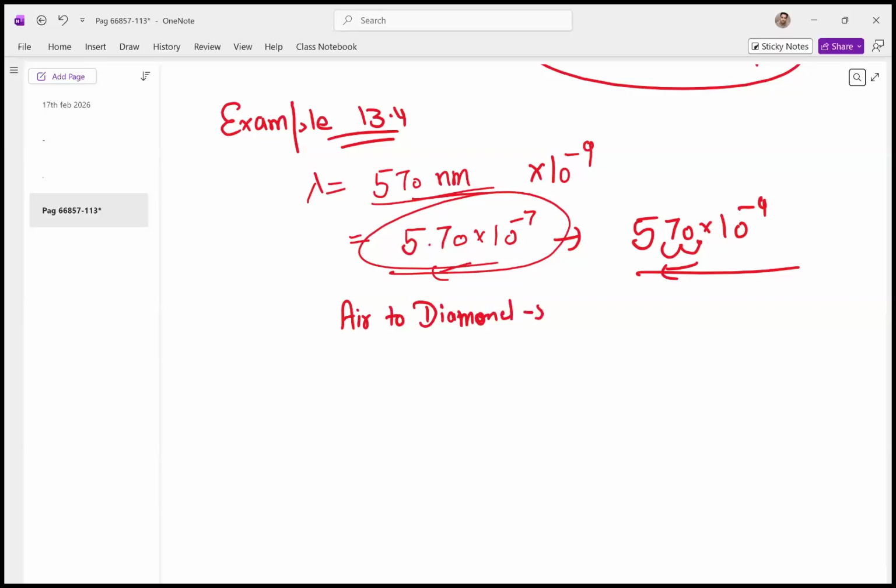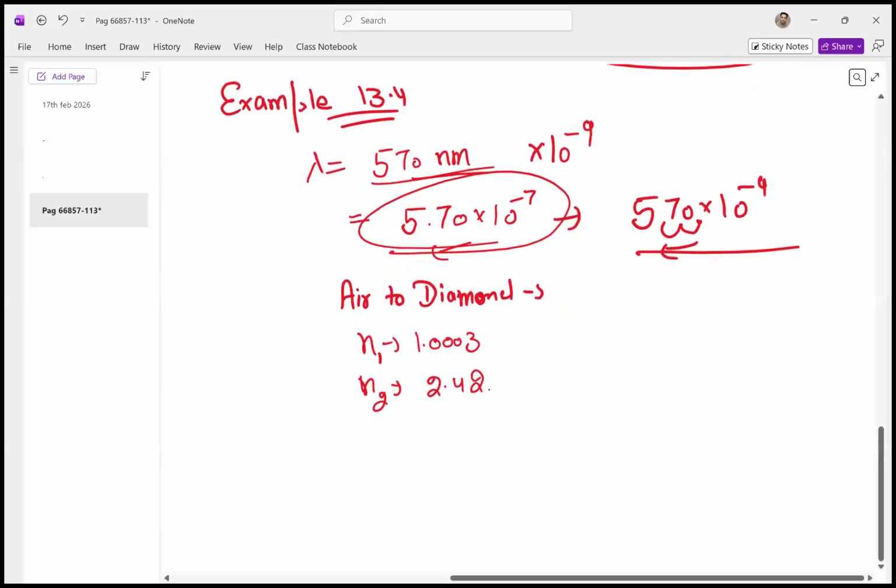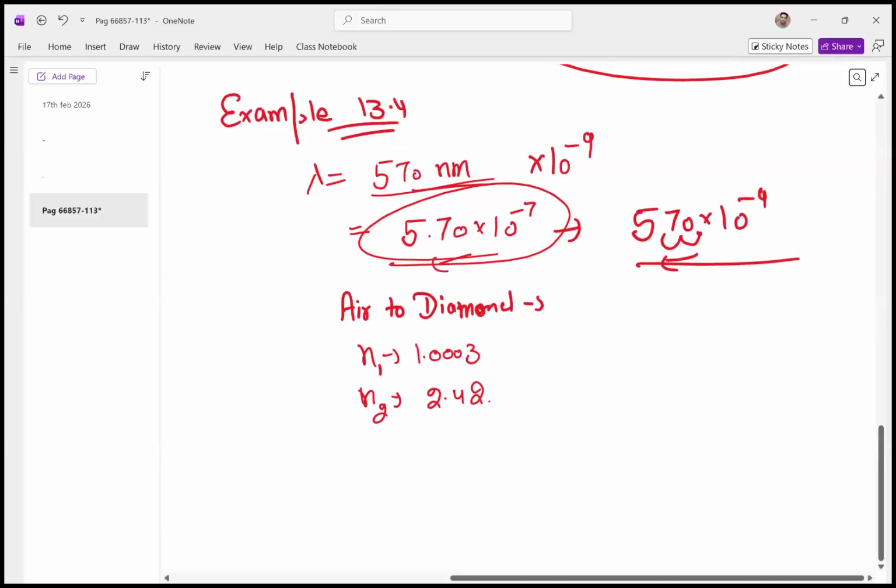And one thing, if you are asked a question like this, you will be given the refractive index in the question. So air has a refractive index of 1.0003. Diamond has the refractive index of 2.42, if I'm not mistaken. Yes. And we wanted to find the speed of light in the diamond. And the angle, it also tells me that